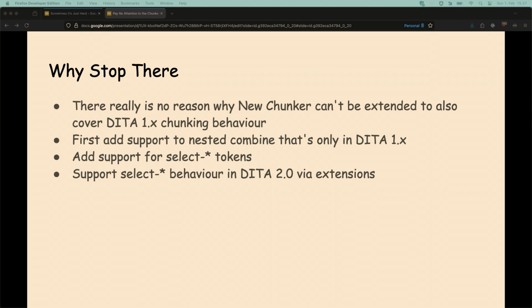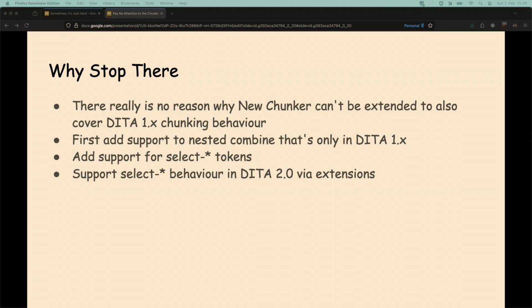But we don't have to stop there. We can start extending, or I have started extending the new chunker to cover things that are in the DITA 1.x specification. The first was that we support nested combines from 1.x. That was fairly simple to implement. I started to implement the select tokens.